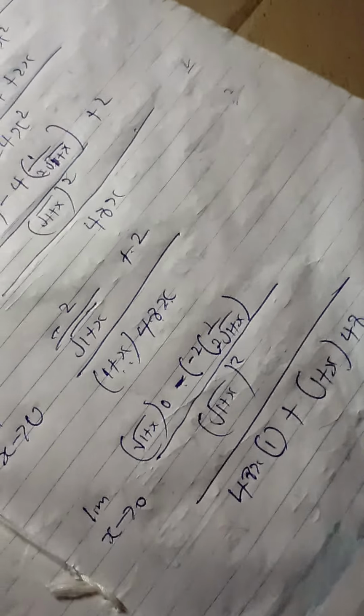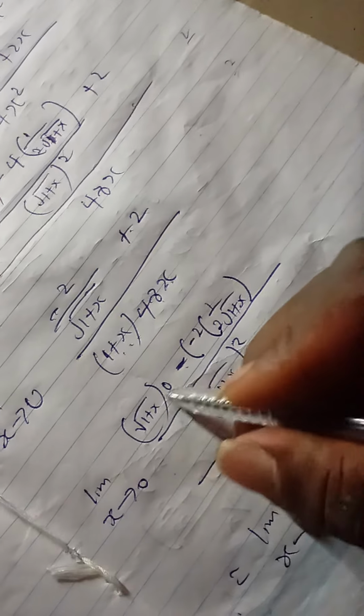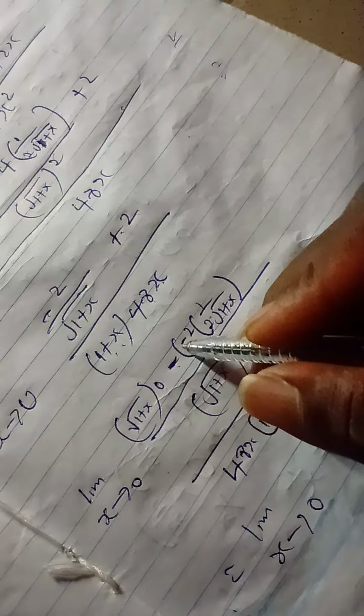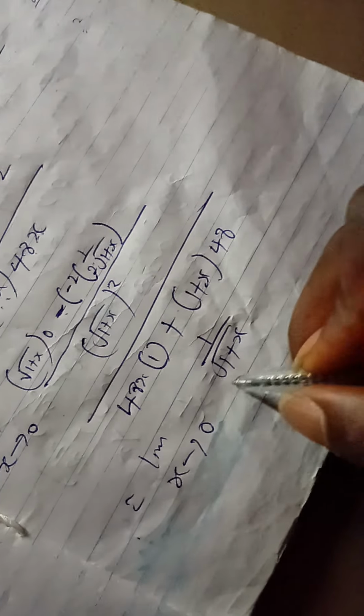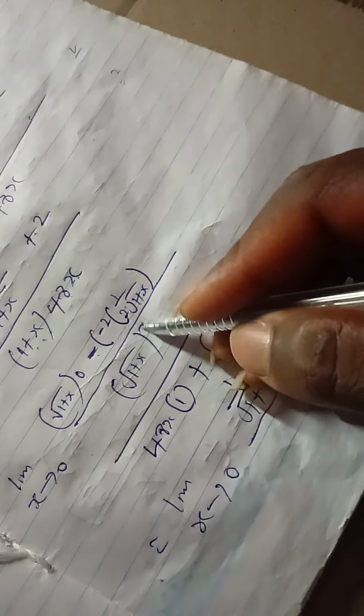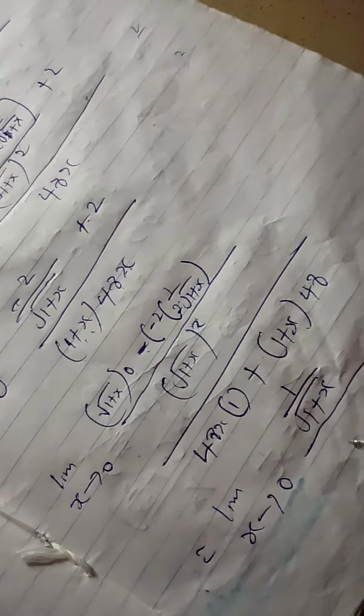48. Right? So this now it becomes limit as x tends to 0 of this one turns to 0. Here 2 cancel 2, am I right? Minus times minus plus. What do you have left here? 1 over what? Root 1 plus what? Plus x. Is that clear? Divided by, no, here square cancel root, right? Divided by 1 plus x. Yeah, is that clear? Divided by 1 plus x, then divided by this 48x times 1, 48,